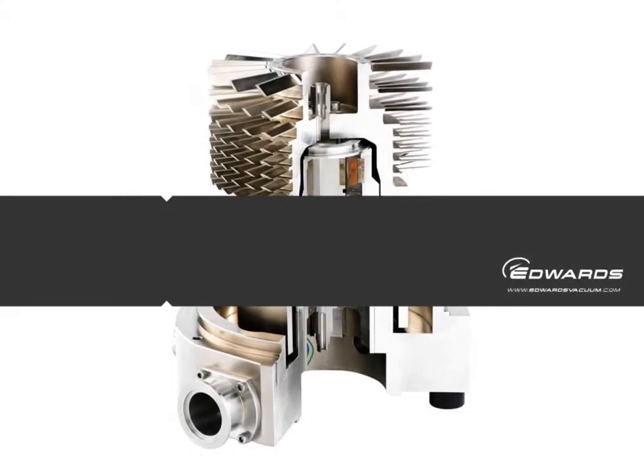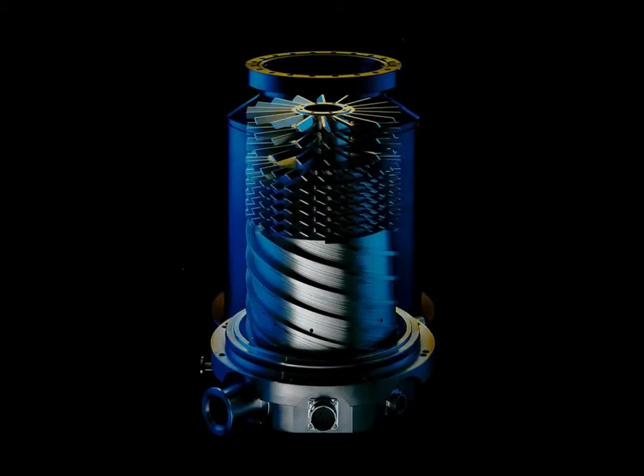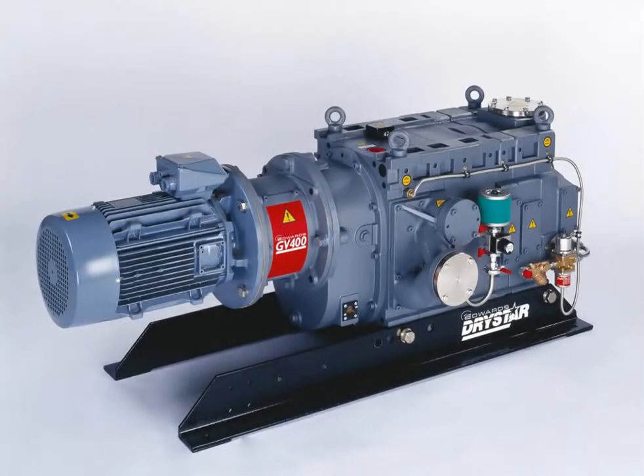An agreement followed with Japanese company Seiko Seiki, manufacturer of magnetically suspended turbopumps. With low vibration and no bearing wear, it was a major breakthrough. These new technologies, dry pump and turbo, led to significant advances for the scientific instrument market in the 1980s, now our second most important market outside semiconductors. And scaling this up moved the company into a whole range of industrial and chemical applications to produce the all-round